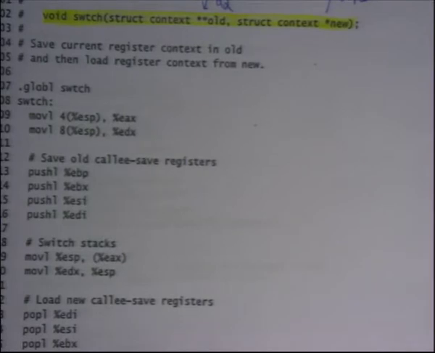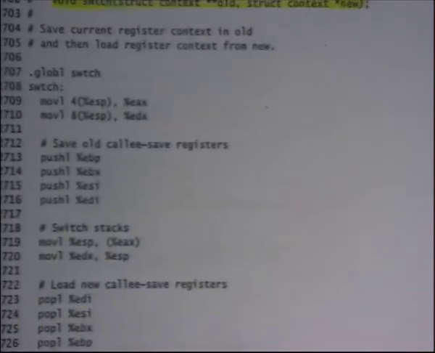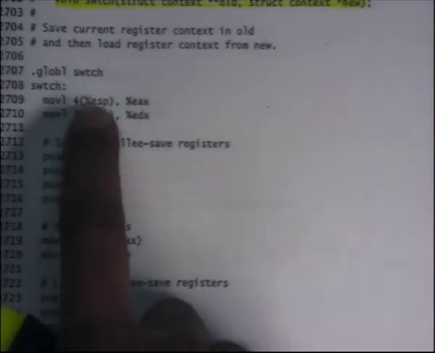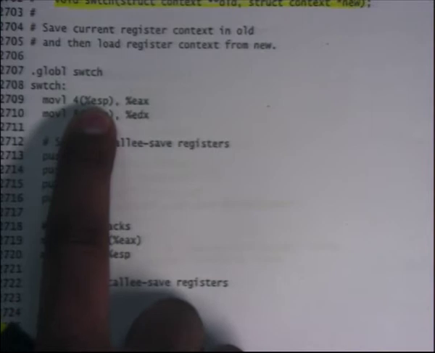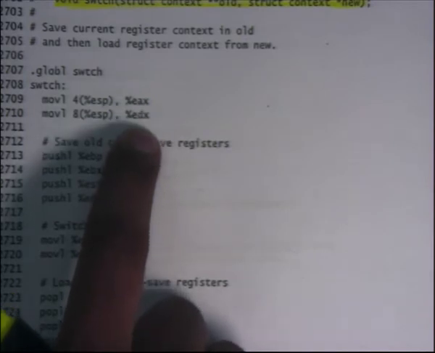All right. So what does it do? It basically just takes its first argument. The first argument is at offset 4 from the current ESP. It's a function, so you're basically using the function calling conventions, GCC calling conventions, which are: the first argument is at offset 4 from ESP, put into EAX, that's your old pointer.